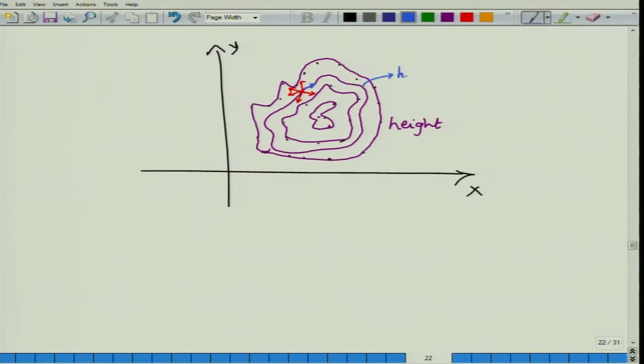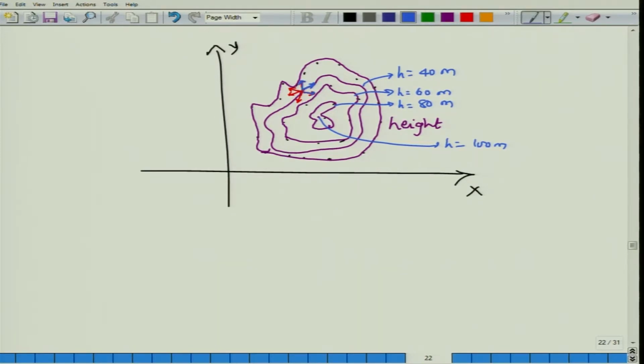So let us say this height is equal to 40 meters, this height h is equal to 60 meters, this height h is equal to 80 meters, and this point let us say is equal to 100 meters. So you have a hill which is about 100 meters high. Along this blue line I am actually moving on the contour itself. I have taken a short step and I have seen that there is no change in the function, because I am moving on the contour. If I move here I see some change but not much. If I move here I see some change but not much.